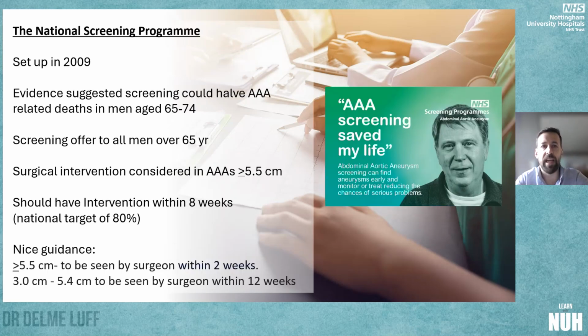Another thing that was set up at the same sort of time was the National Screening Programme, and this is where we get a lot of our referrals. So it was seen that evidence at the time, 2009, suggests that screening could halve the number of deaths related to AAAs in men aged 65 to 75. So once you reach the age of 65, you are now offered